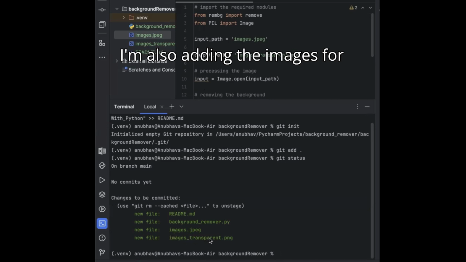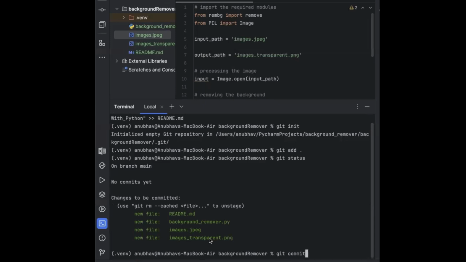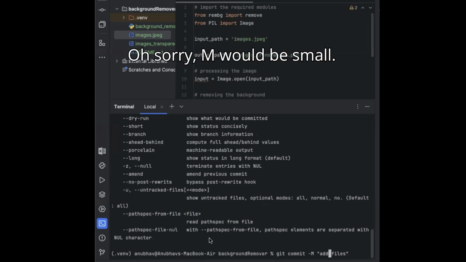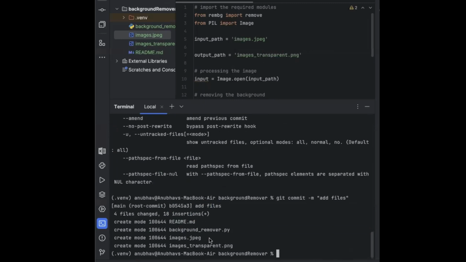I'm also adding the images for reference purposes only. Git commit -m, add files. Oh, sorry, m would be small. 4 files were added,